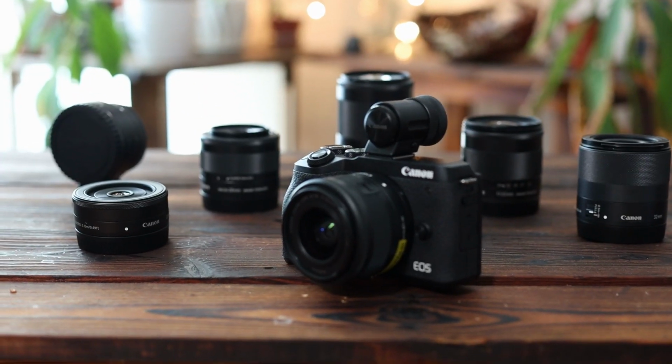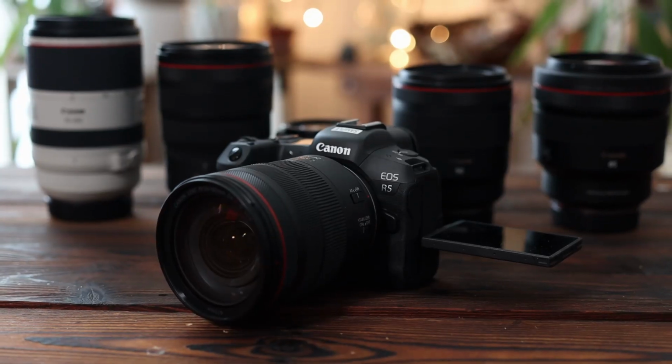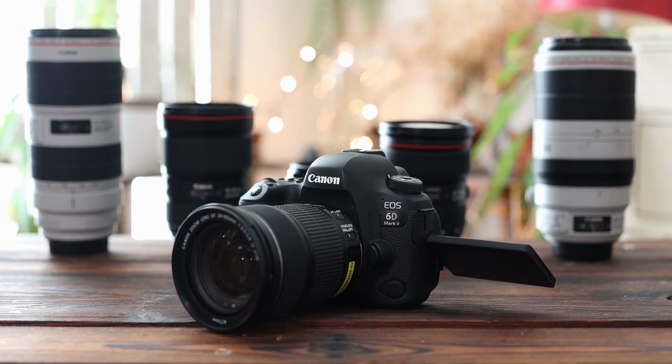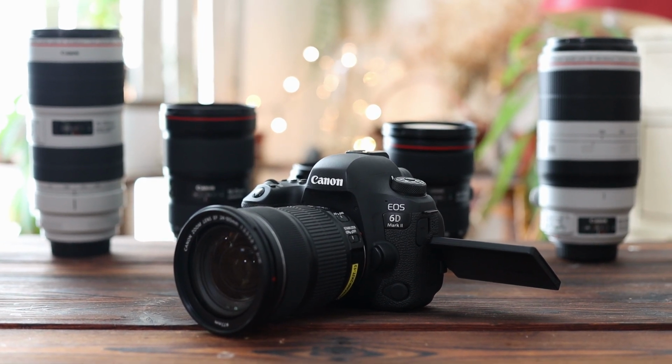In the Canon range we have effectively 4 lens ranges. So we have the EF-M lens range, which is designed for the mirrorless small M line. We have the RF line, which is designed for the R cameras. And we have the EF range, which is designed for digital SLRs. We also have EF-S, which is designed for crop sensor digital SLRs. The EF-S lenses cannot be used on full-frame digital SLRs, but the EF lenses can be used on crop sensor